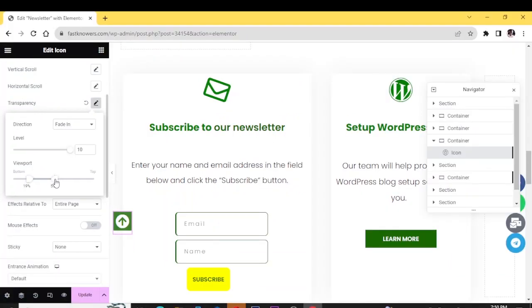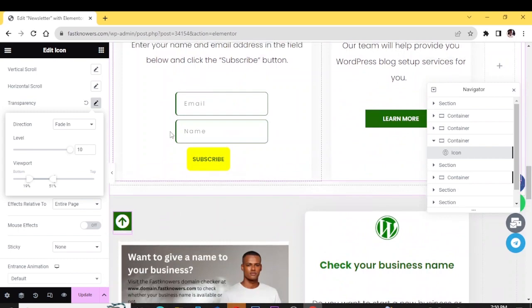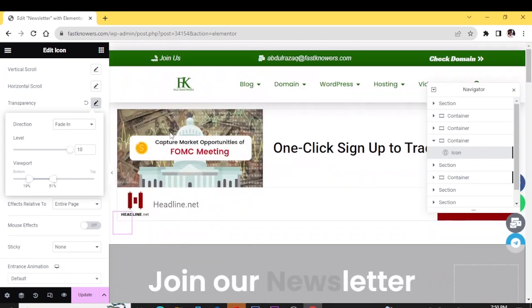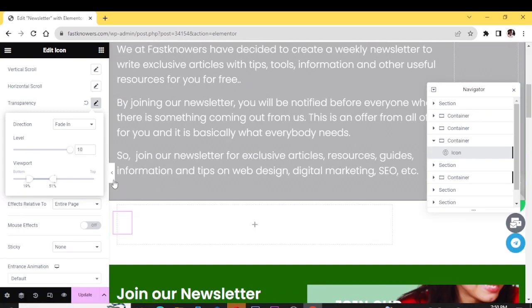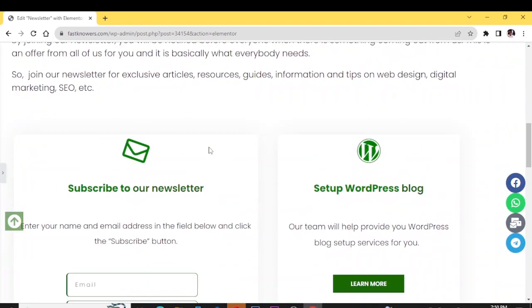And let's give this one 50%. Yes, when people are at the top it will not show up, but when they start scrolling down it will show up like this. You can see it has started showing up,